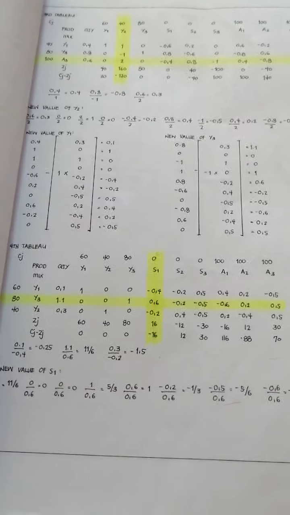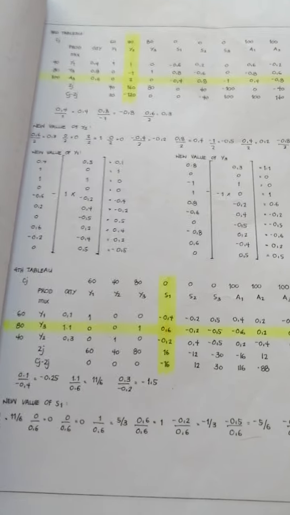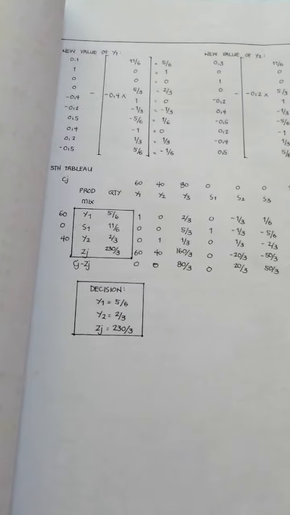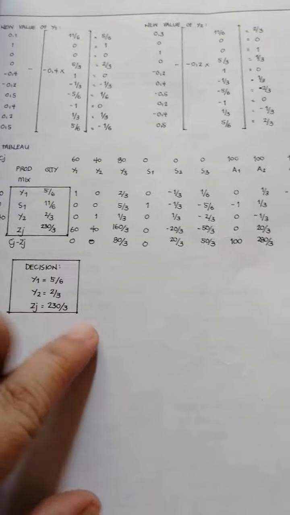The third tableau and the fourth tableau. As mentioned, the fourth tableau is the optimal tableau. So we have five tableaus in the minimization. So as mentioned before,